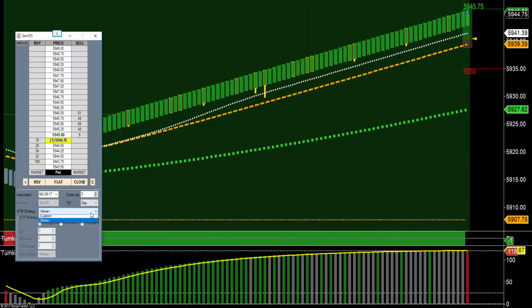So first, let's start by selecting our custom ATM strategy from the drop-down menu. And now we can set our different parameters for how we want the trade to execute after our order is filled. So we'll start with an order quantity of 3, and we'll select 2 targets. Our first target will be a quantity of 2 contracts, an initial stop loss of 40 ticks, and a profit